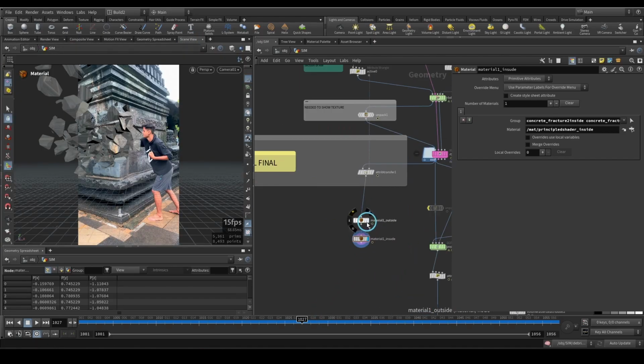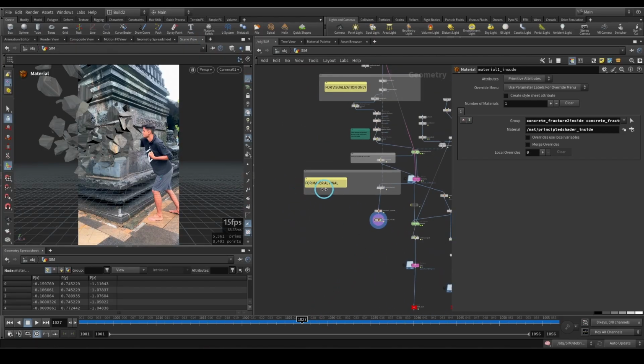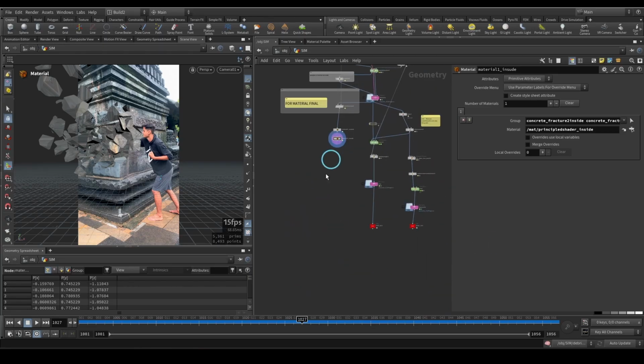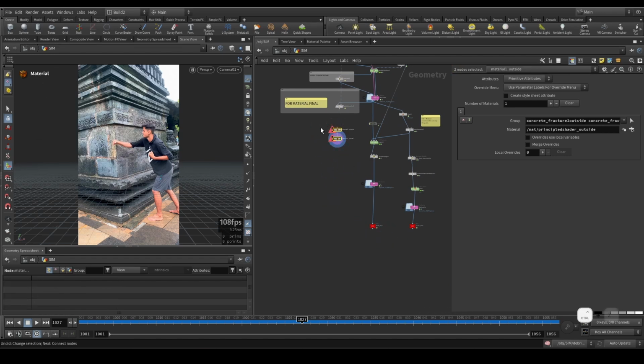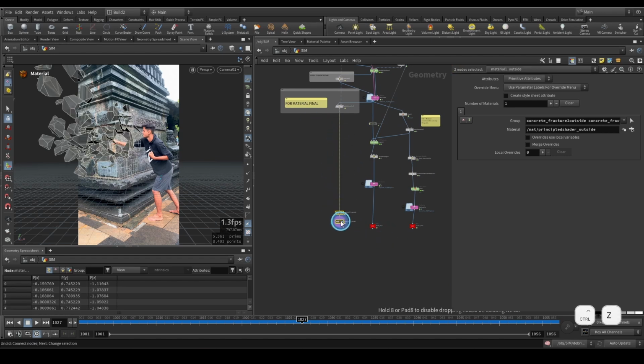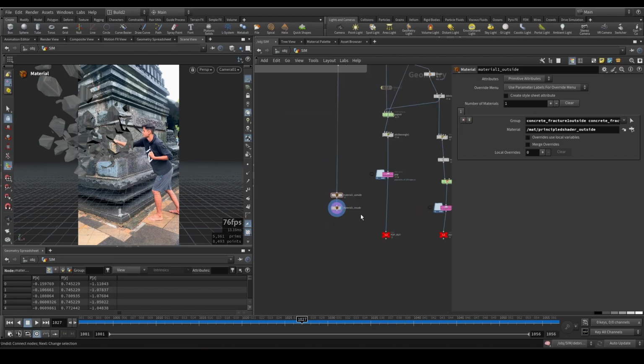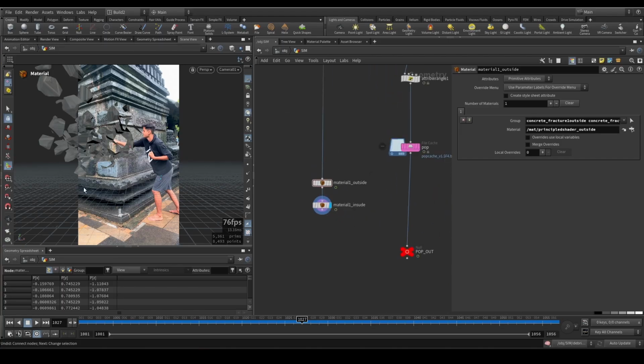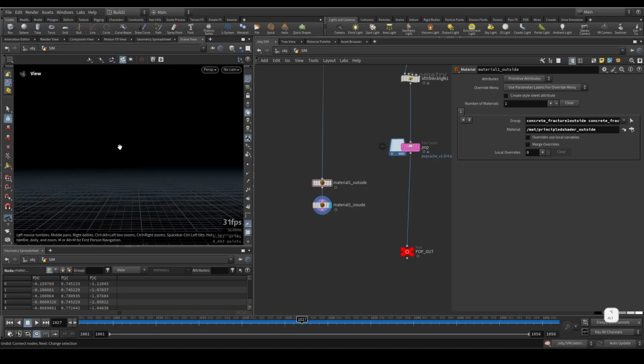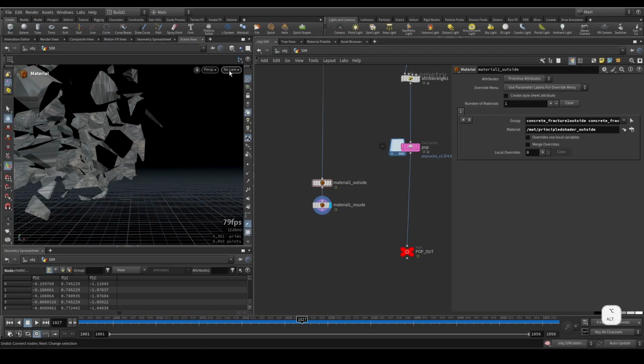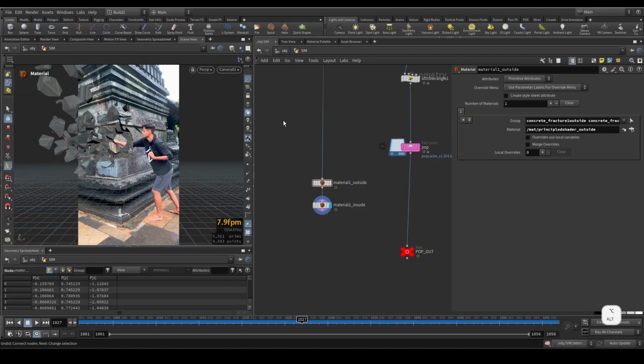Okay, so for material final we have the textures applied. So simple, right? And we have all these three things sorted along with the material. Okay, I don't know whether his hand texture also will come out, but